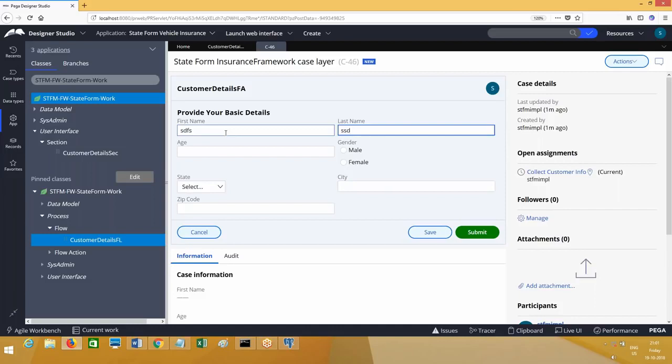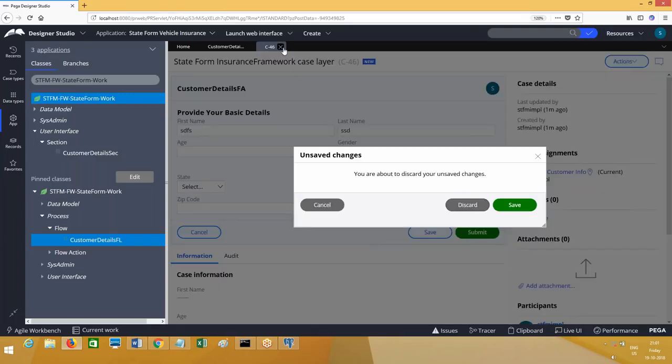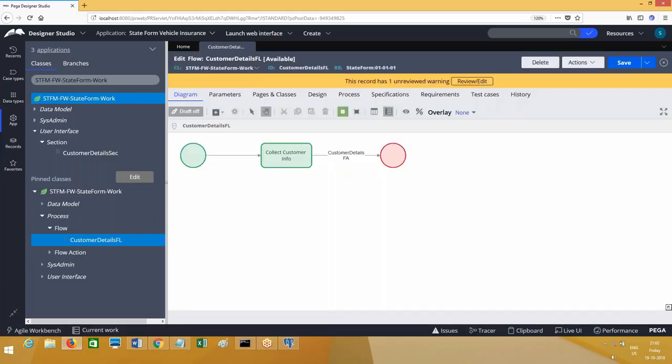Security, free structured programming. Okay. So now, whenever we create any work object, whenever we run any flow, a work object gets created. All the transaction data will be held by the work object. This work object gets stored into a table called the work table. All the data will get stored into the blob column. The work object ID will get stored into the pyID column. The blob column name is pzPVStream. This is the information which you should remember forever. This is all just the statements that you have learned so far, which I have shown you.